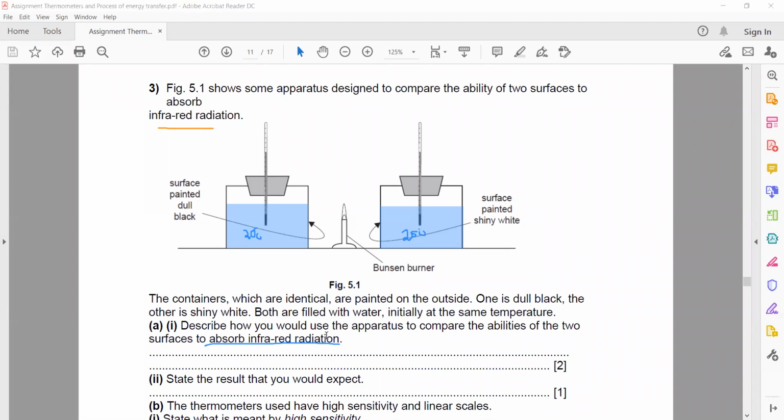So what we will do, we will supply heat. Using this apparatus, how can I compare which is a good absorber and which is a poor absorber of radiation? So I will heat both containers for the same time